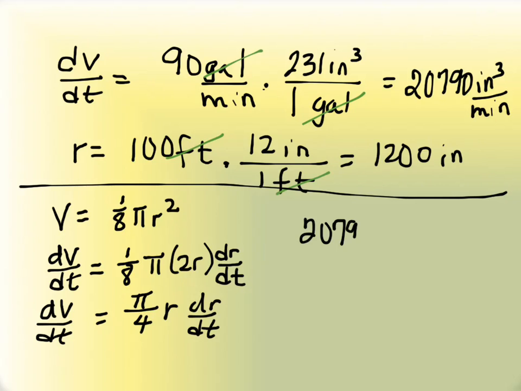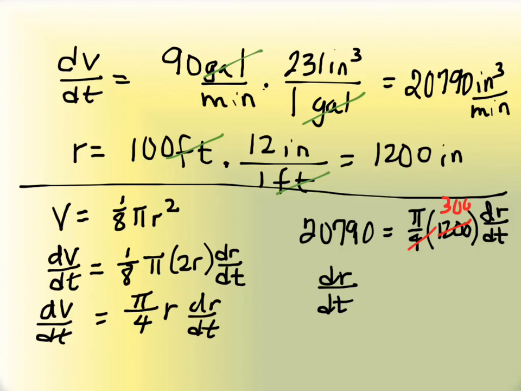It's 20,790. Get the numbers right. Pi over 4. My radius is 1,200. And then dr/dt is what I'm looking for. This will simplify to 300 if you'd like. So dr/dt